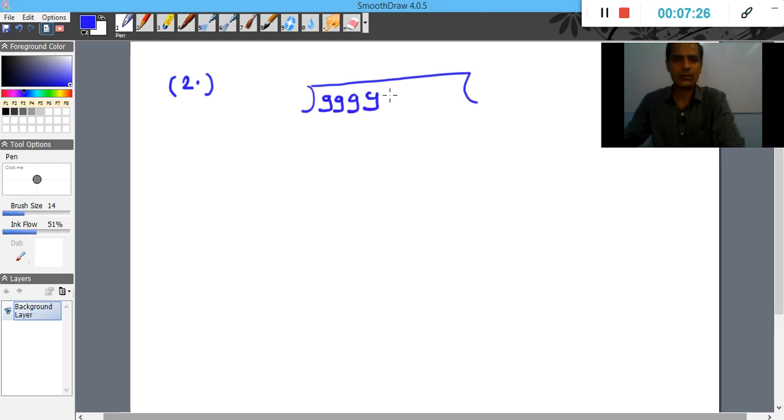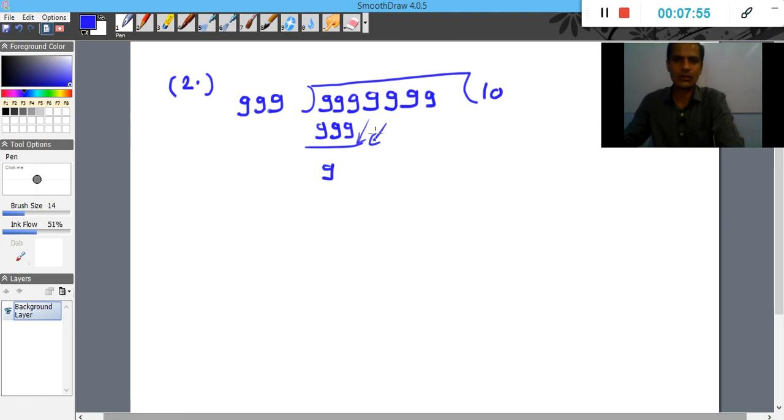So write 7 times, 1 2 3 4 and 7, and write 9 three times, because this is the 3-digit biggest number and this is the 7-digit biggest number. Now try to divide this. So you know that 999 ones are 999, there is subtraction, we have 0. Now copy this 9. Now division not possible, write 0.